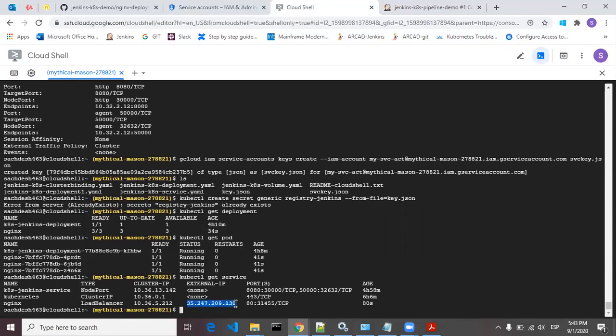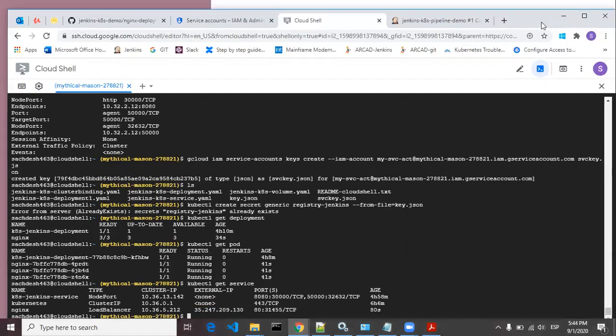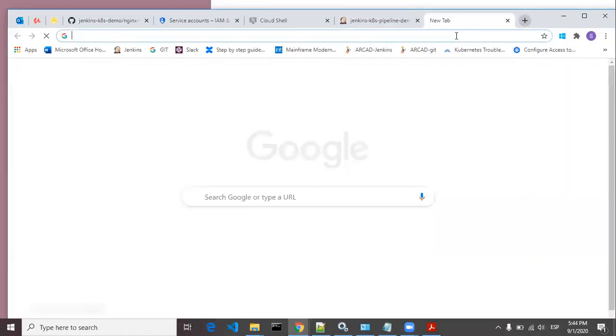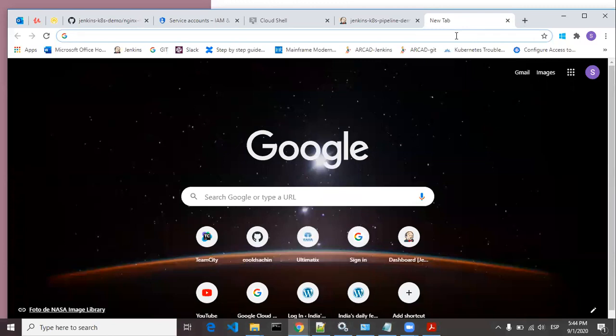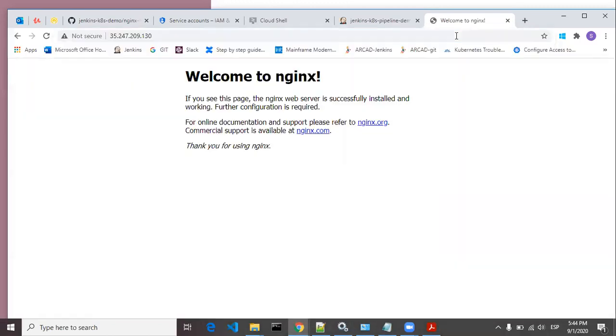The default load balancer port given here is 80. So you don't have to put any port over here. Just copy this and paste it in the browser. You can see welcome to Nginx. That means our deployment is proper and successful.